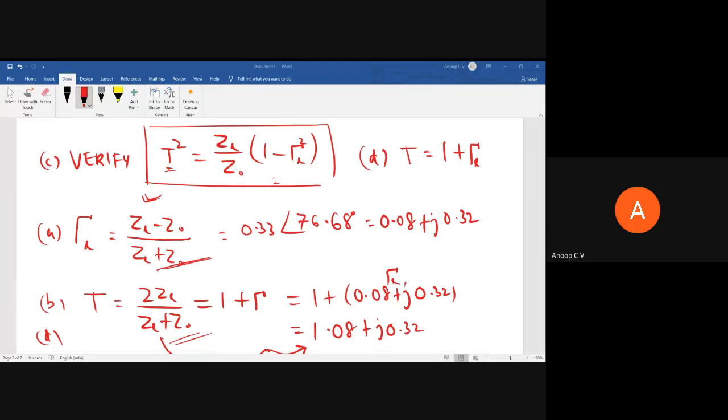That's it. So with that, maybe I'll stop part 1 of this problem solving session of module 1 here. After we finish voltage standing wave ratio and Smith chart, we'll have one more session on problem solving. That will be taken up later. So if you have any doubt, please feel free to ask. Otherwise, please do type in your USN in the chat window and you can leave the meet.